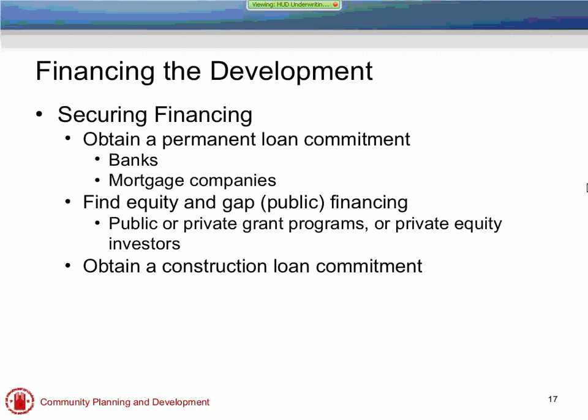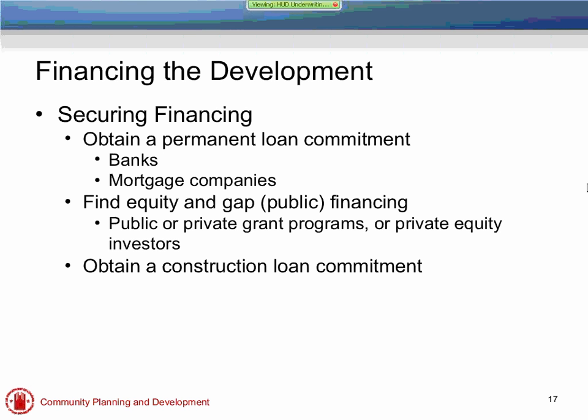Let's talk about putting the money together to pay for all of the costs that have to be paid in order to move the project forward. As Aaron mentioned before, there's really two kinds of money that you can attract, at least private money, for a project. One is debt. That's money that you borrow and repay out of project income. The other is equity. And equity is money that is contributed by a private investor with the expectation that it's going to get some sort of return.